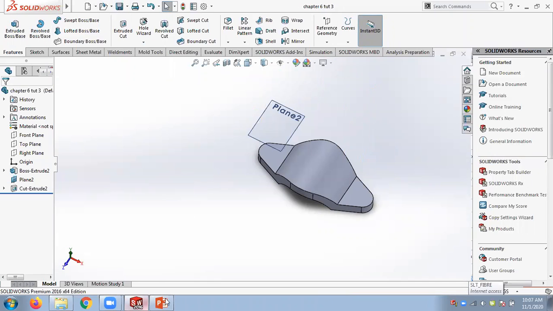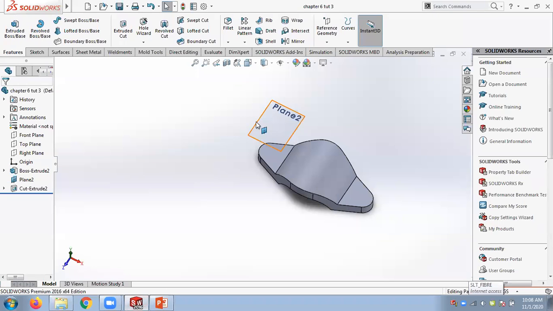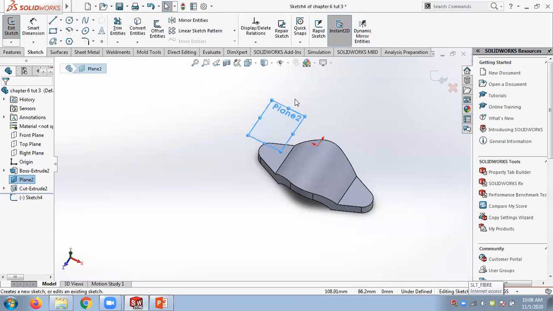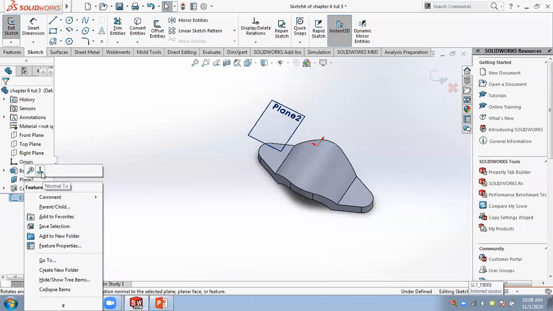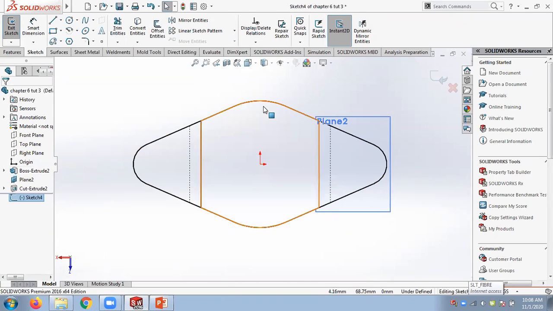Then we have to draw the other circular shape. So that cylinder is also 150 diameter. We will draw it on the plane we created. This plane we can use, and I will make it perpendicular and make this visible if you want. And this one now